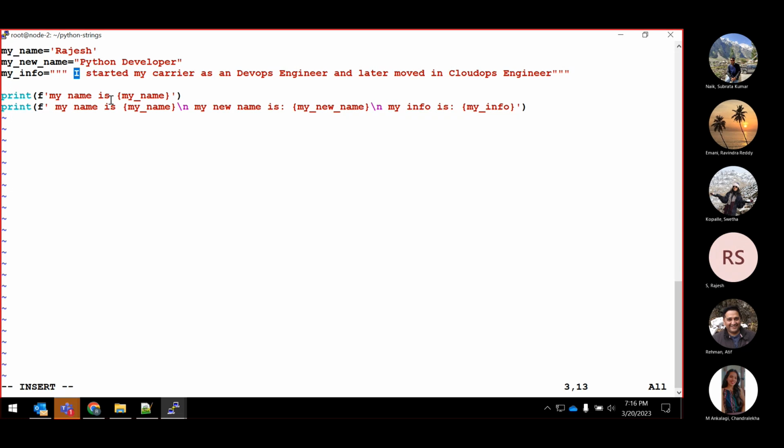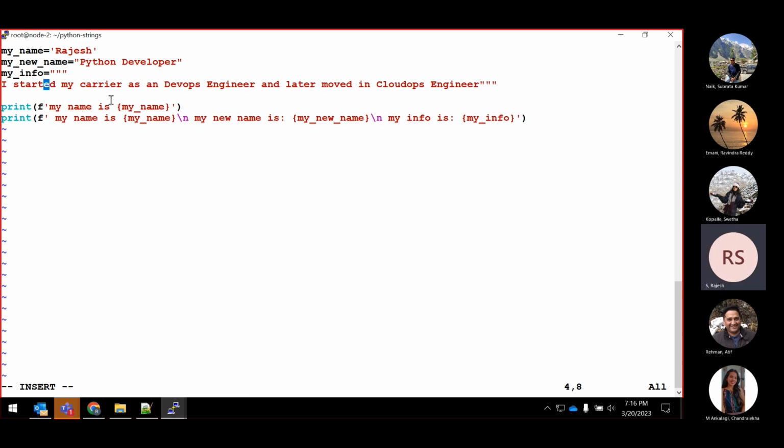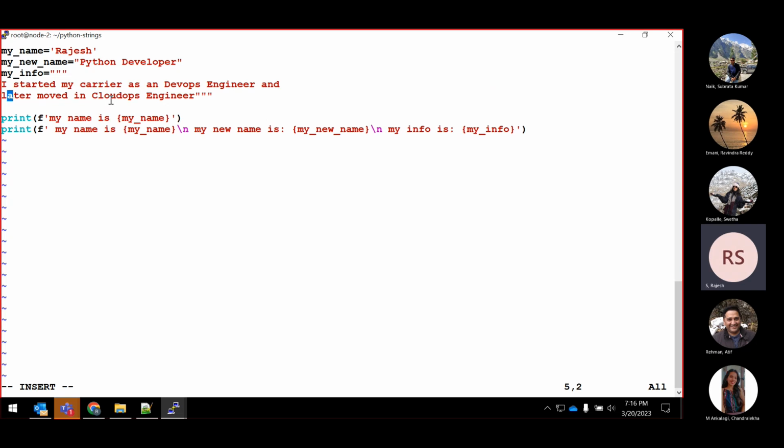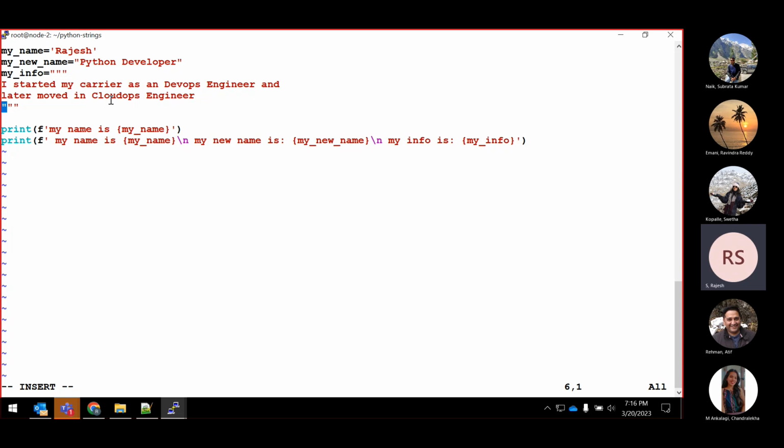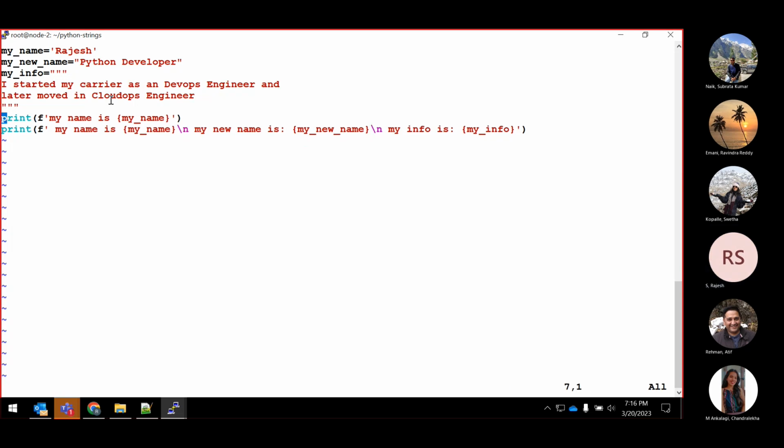Here, next line, and here, later I moved, like that. I'll push that on the next line, and this triple quote I'll push into this line. See here. If you're trying to print it,